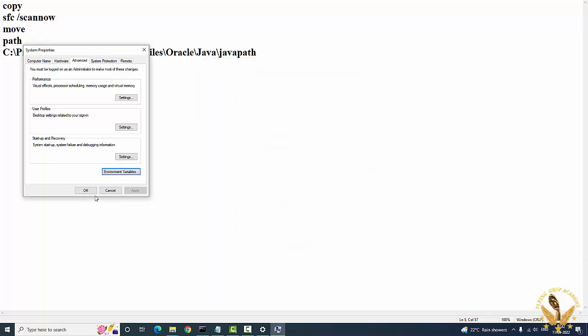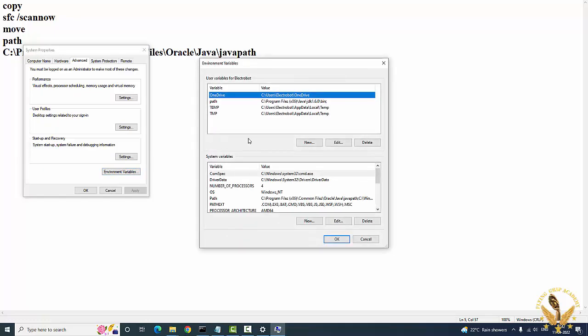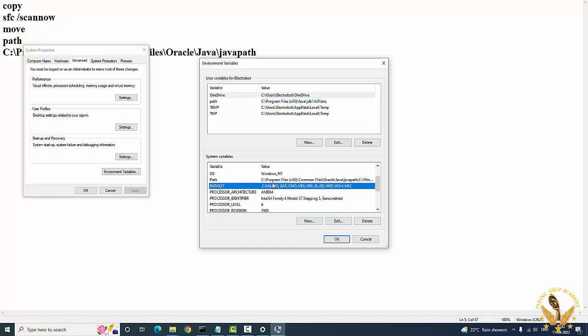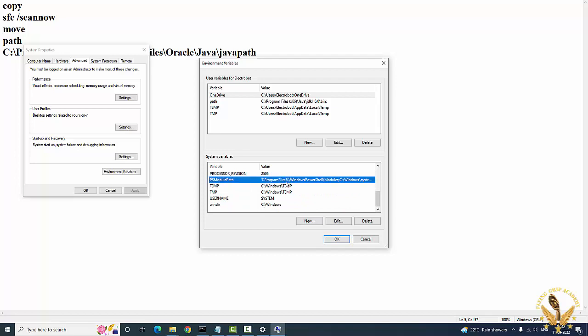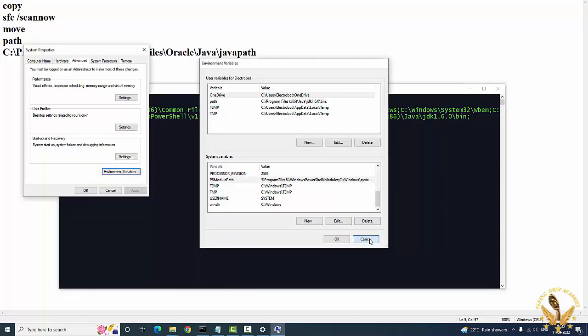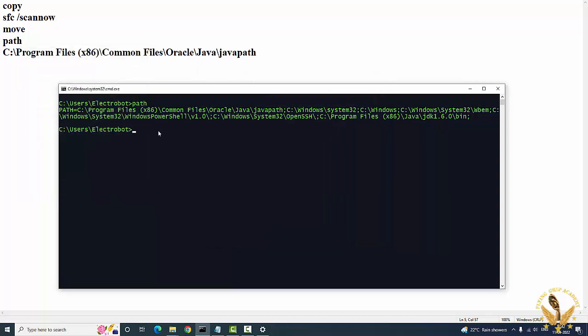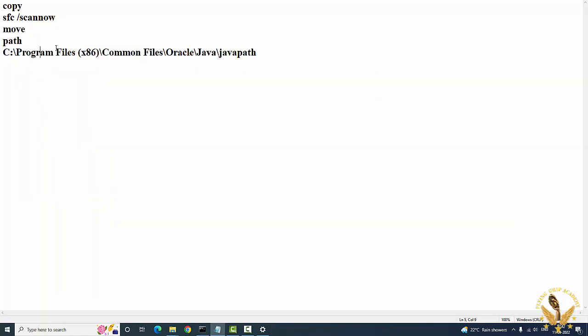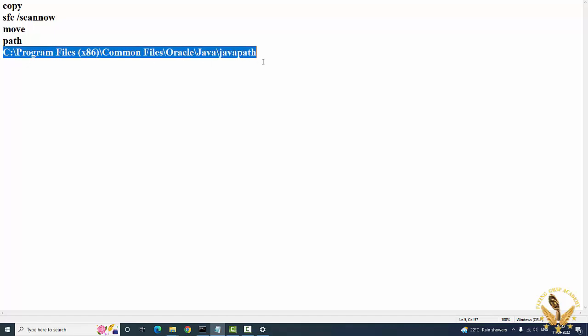Okay, so if you want to go to environment variables, you can check. If you want to check the system variables, you can. So here you have different files and different paths, program files path, and you can see common files path, the same thing. And also we have set the Java, so that particular path is also shown here. So next command after path is set